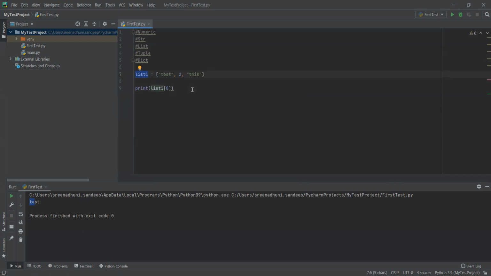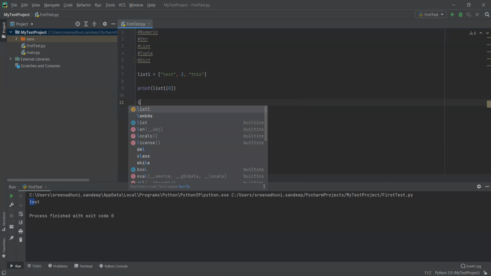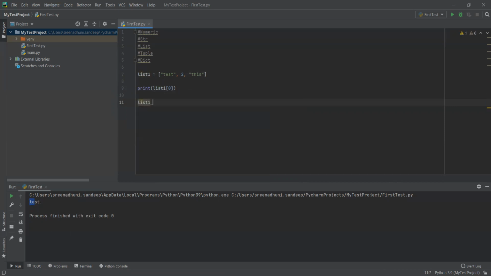And the list is mutable, which means assignment is possible, whereas in immutable the assignment is not possible. We'll see that example as well. Let's see list1 of 2 equal to updated. In Python we need to follow the indentation properly, otherwise it will give warnings, but it won't halt your program.